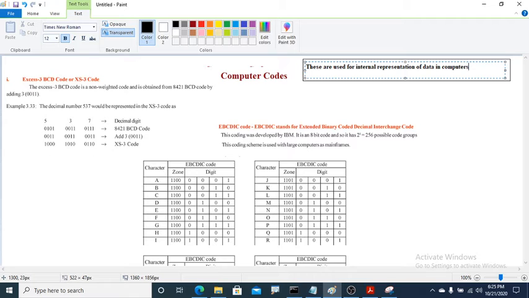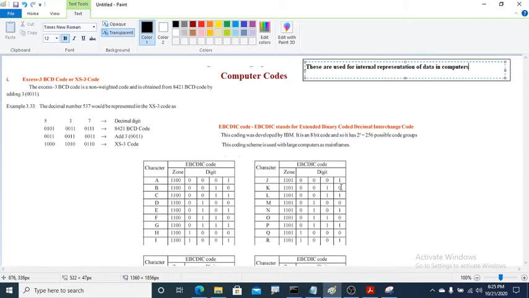Computers use binary numbers for internal data representation. Computer codes use binary coding schemes like this. In binary coding, every symbol that appears in the data is represented by a group of bits. This is a group of bits. Thus, computer codes represent various characters, numbers, and control keys that the computer user selects on the keyboard.